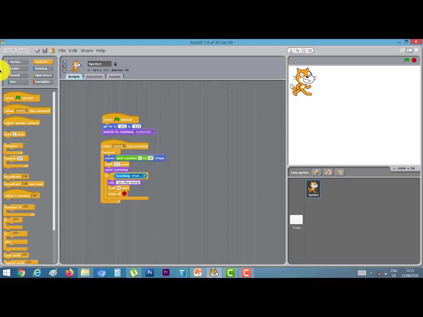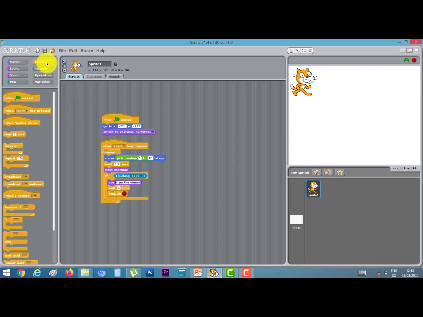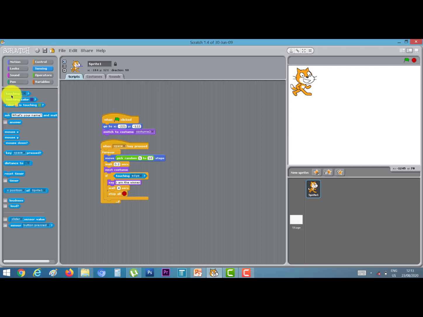Next again go to looks block and choose next costume. Again go to control block and choose if option. This is if option. Then go to sensing. Here I choose touching and adjust it in if option